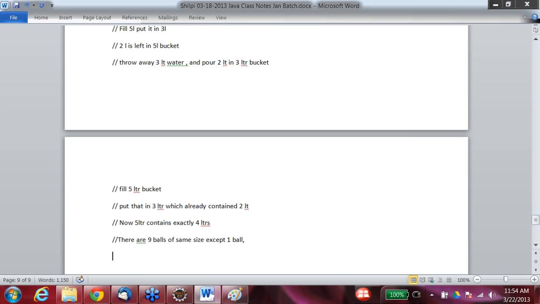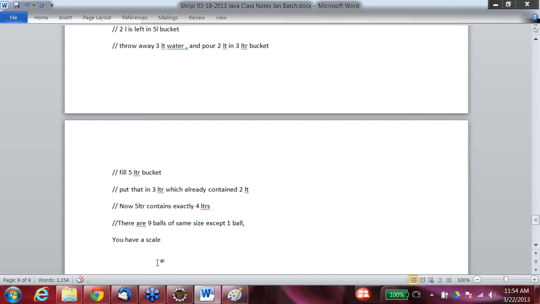Okay, so you have a scale, right? You have a scale with 2 sides, so it's like a double-pan balance. So you can put balls on both sides, and in two chances